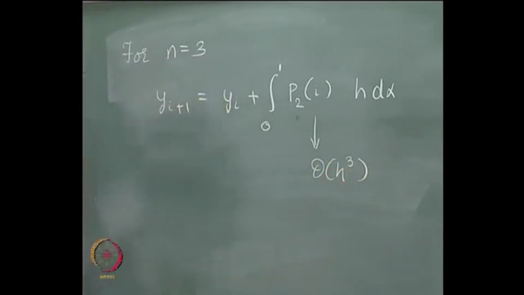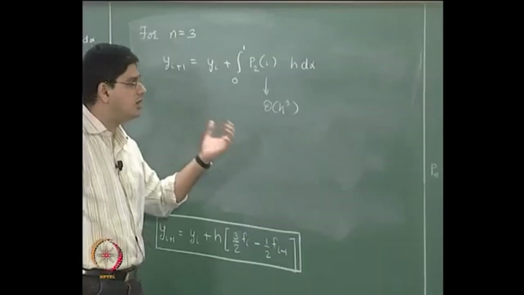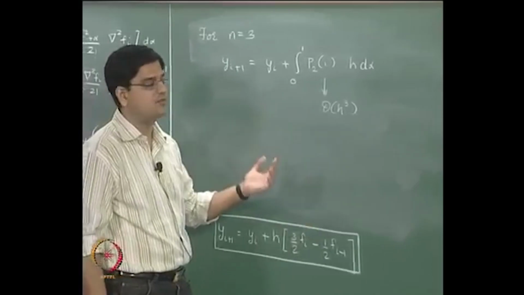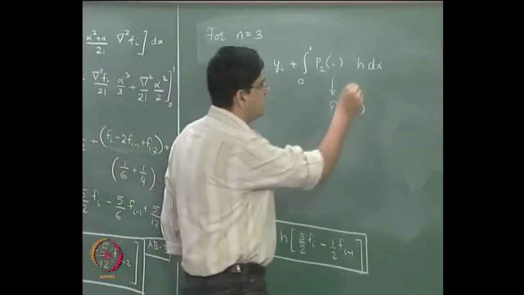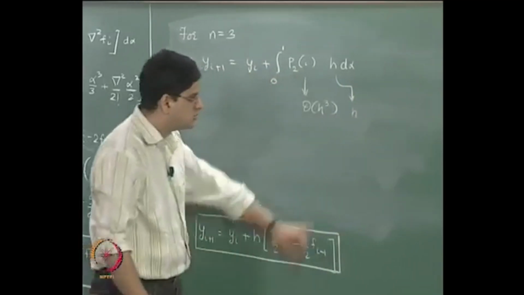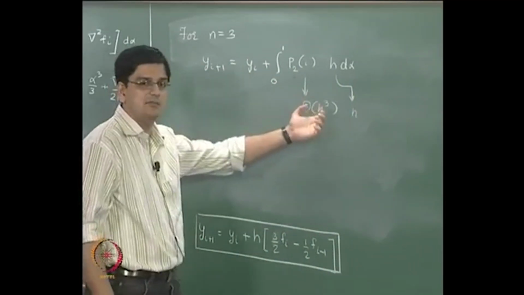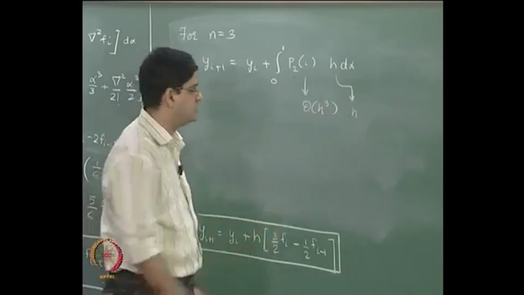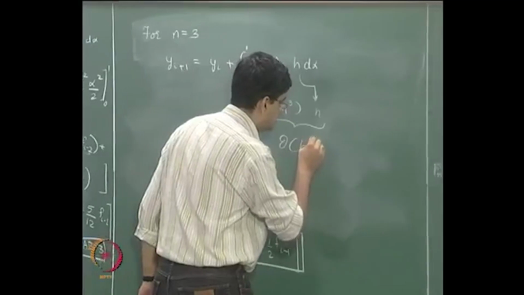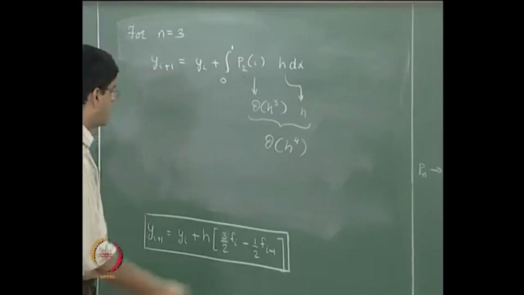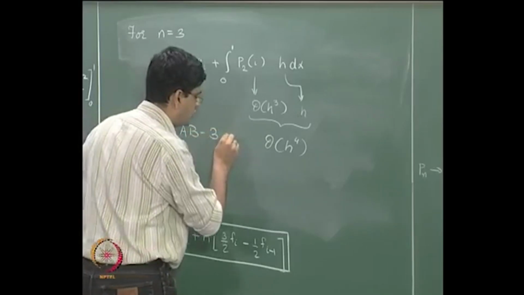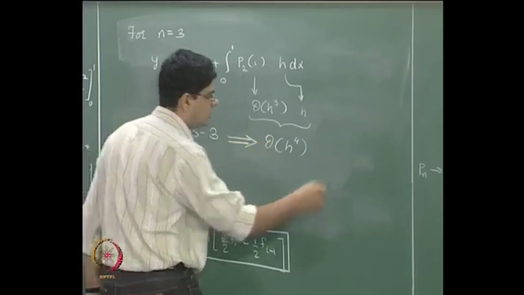This is what we had derived when we talked about Newton's backward difference interpolating polynomials in module 6. Okay. And then there is this h term that comes over here. So h multiplied by a number that is order of h cube accurate becomes order of h to the power 4 accurate. As a result, Adams-Bashforth method of order 3 has a local truncation error